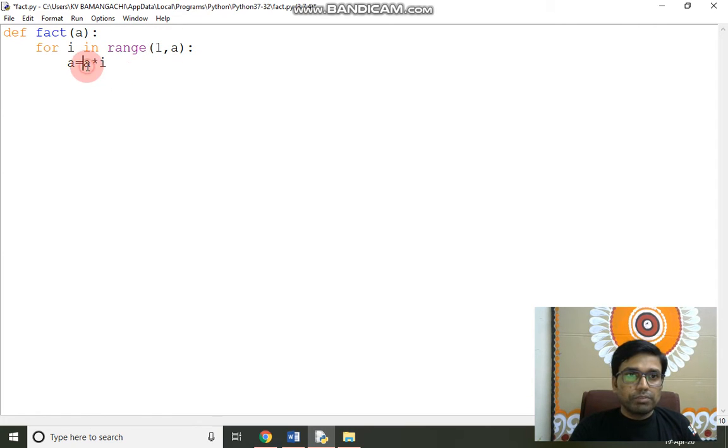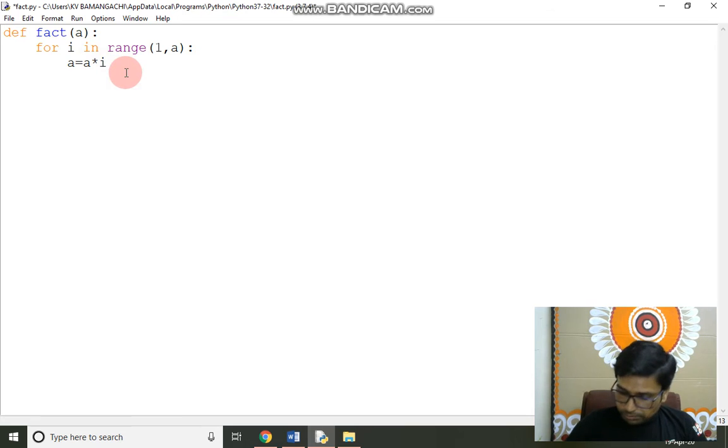So a will be multiplied by 1, and the result will be assigned to variable a. Again this updated value will be multiplied by the next value of i, meaning 2, then the updated value of a into 2 will be assigned to the variable a.